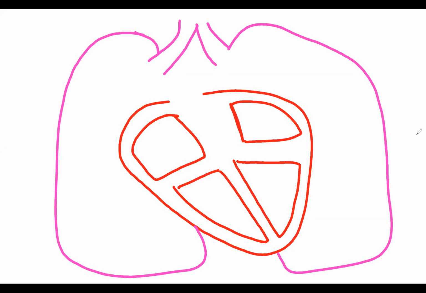If you remember, blood is going to enter into the right atrium, and then it's going to go to the right ventricle. It's entering from the superior and the inferior vena cava. And remember, this blood does not have oxygen, so I'm representing it as being blue. From the right ventricle, if you remember,